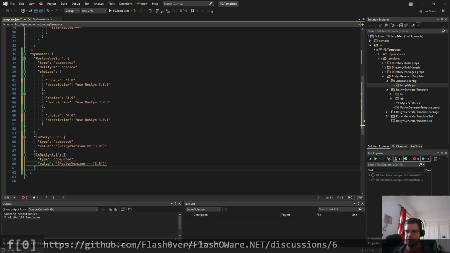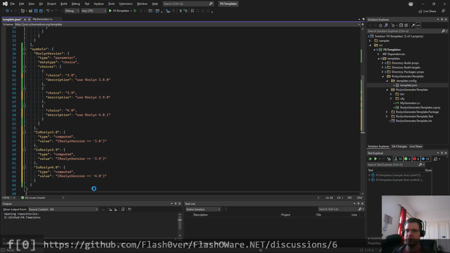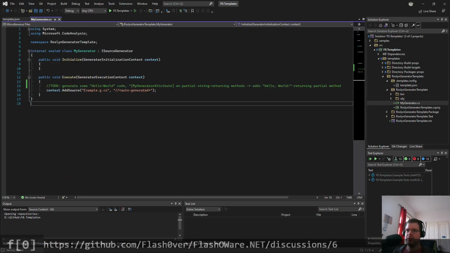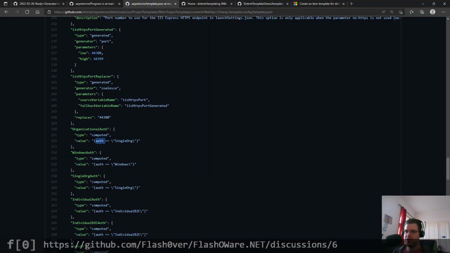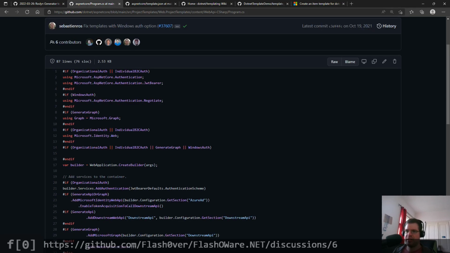However, if Roslyn 3.9 should be true, if the Roslyn version is 3.9. And if Roslyn version 4.0 should be true, then it must be 4.0. That looks good. And now we should be able to use it here. So we could be saying if